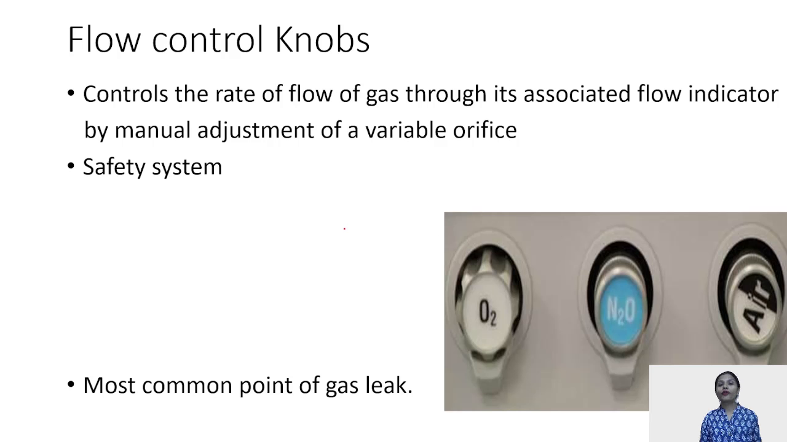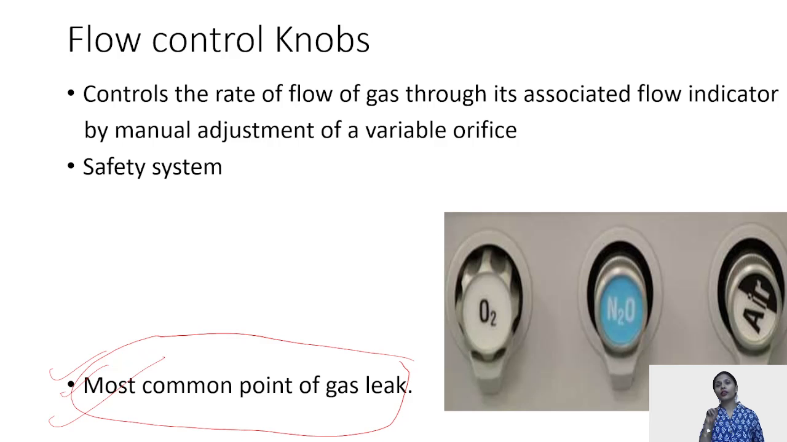What is the use of these flow control valves? Quite easy. It is used to control the flow of your gases that are being delivered to your patient. It controls the manual control of the flow rate. It can be adjusted with the help of the flow control valve. Now this flow control valve is the most common point of gas leak. Please note it, in the anesthesia machine, the most common area which leads to gas leak is your flow control